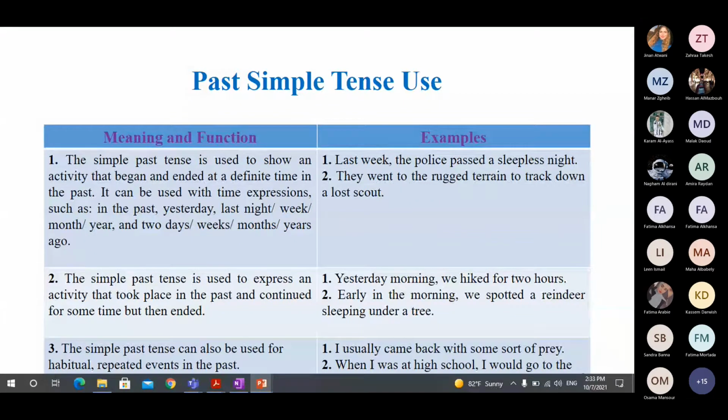I usually came back with some sort, yeah, it means like in the past. When I was at high school, when most of the time indicates like the conditional if in the past. So when I was at high school, I would go, etc. The example is not clear. Or we can use it also to